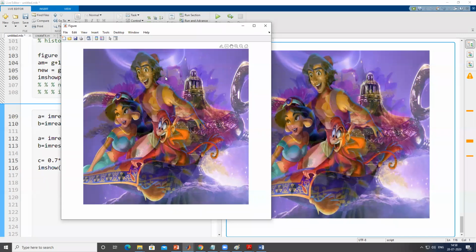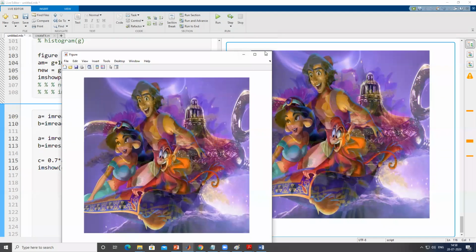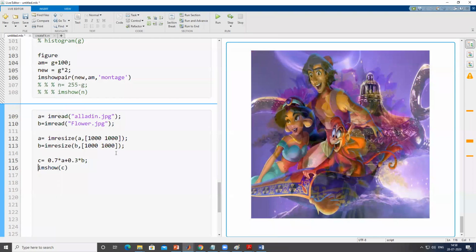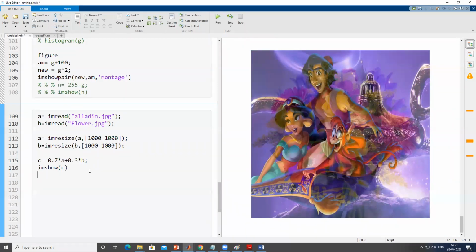In order to do image segmentation, we have to create filters, and MATLAB is very fast in creating filters and it is very user friendly. Now I'm going to show you how you can create filters in MATLAB. Up to this, we have seen how we can read the image information, and how we can do operations like increasing the brightness and seeing the histogram.